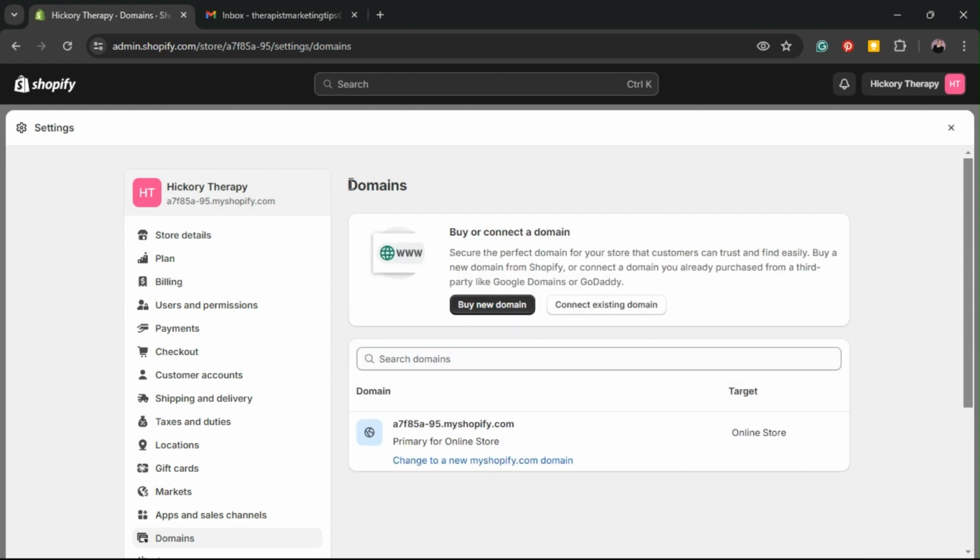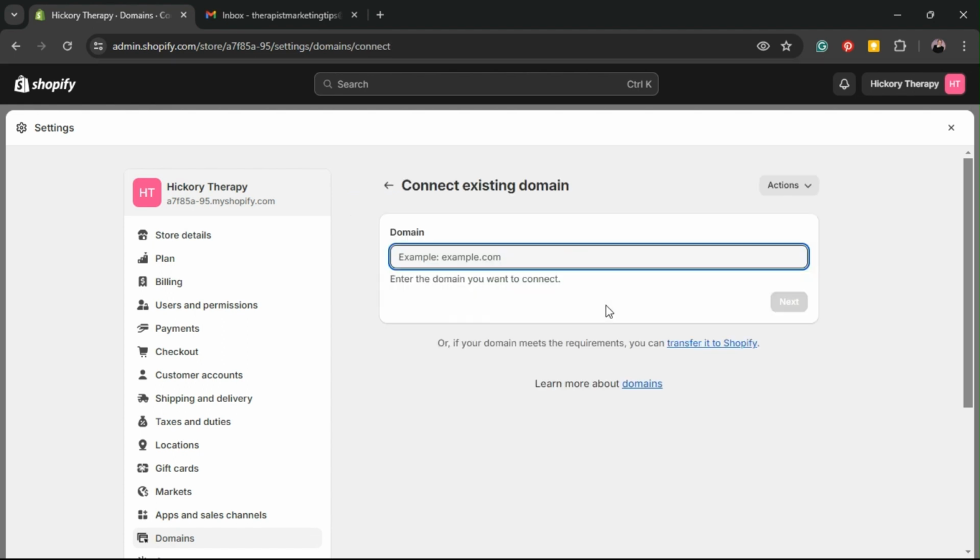That's the easiest option. Connecting an existing domain name is a little trickier, but as I said a few moments ago, I prefer the flexibility of being able to quickly change my domain name to different platforms as I'm building new websites. So I'll show you how this option works. So we're going to connect to an existing domain name. And I'm going to use the name of my new therapy practice